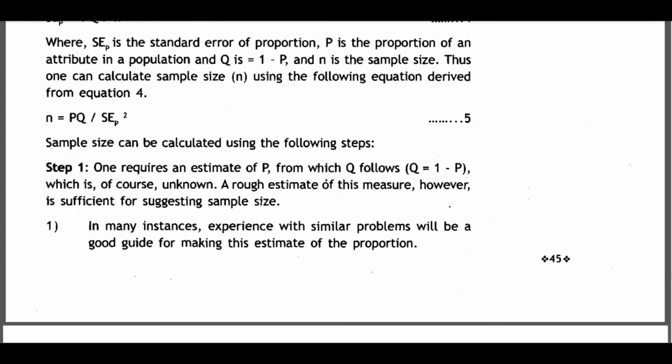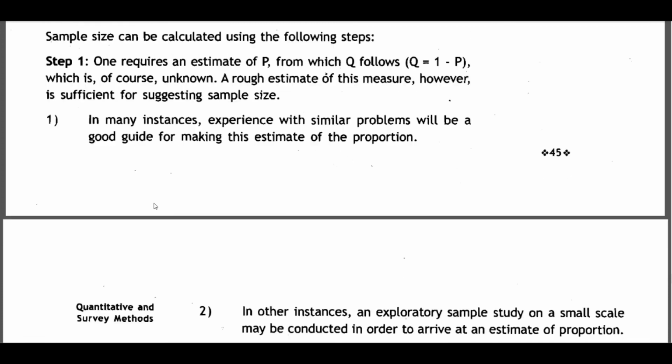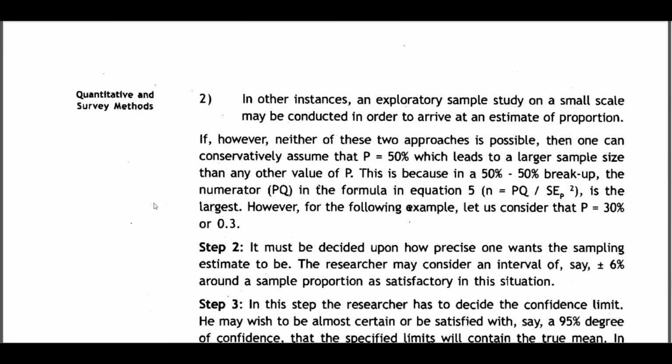Step 1. One is required to estimate P, from which Q follows, which is of course unknown. A rough estimate of this measure, however, is insufficient for suggesting sample size. In many instances, experience with similar problems will be a good guide for making this estimate of the proportion. In other instances, an exploratory sample study on a small scale can be conducted in order to arrive at an estimate of proportion. If neither of these two approaches is possible, then one can conservatively assume that P is